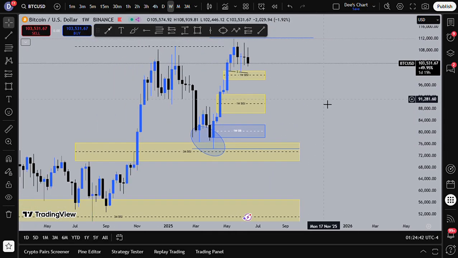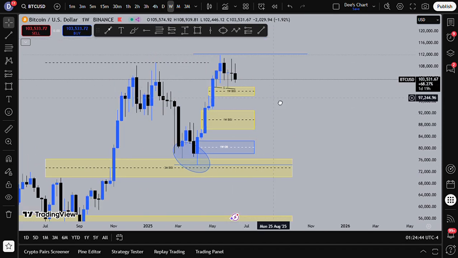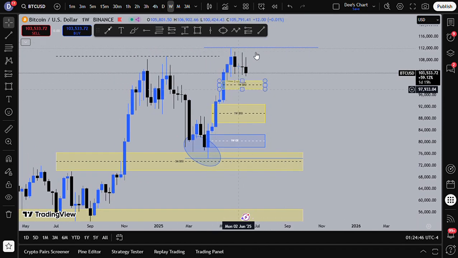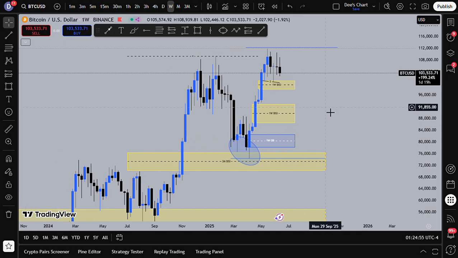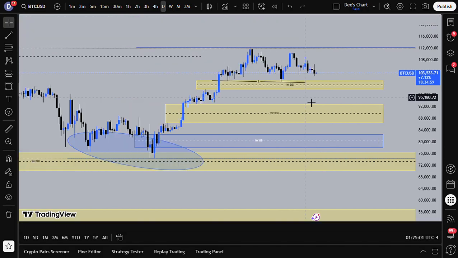So we are waiting for price to retrace, but in the time that you're waiting for price to retrace, you can definitely get into lower time frame trades. You don't have to swing trade any of these if you don't want to. But as you can see, we can definitely push lower from this. So another thing that I've